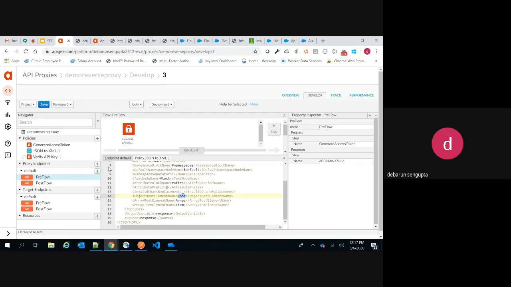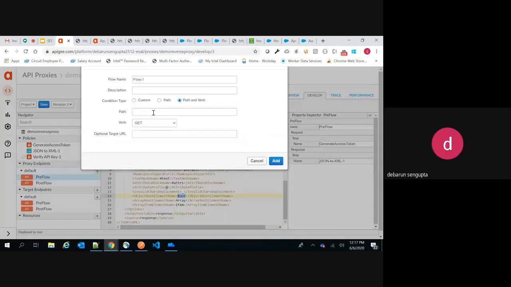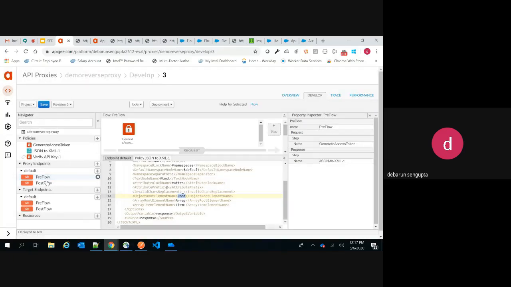But okay, now you might have a requirement like this. I directly added all these policies to the actual endpoint. But say you don't want to protect your base endpoint, but you want to protect your conditional flow endpoint, like your custom domain endpoint. Then you can simply specify whatever endpoint you want to give here, click on add, and then go to the pre-flow, post-flow section, and that path name will come here.